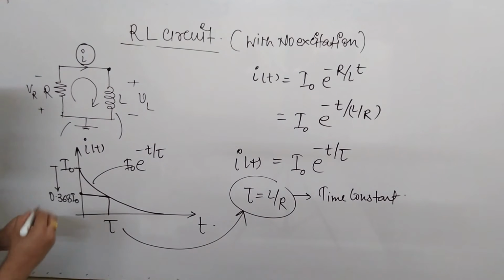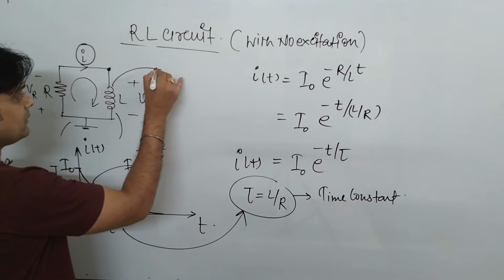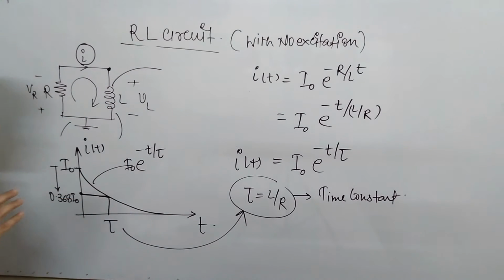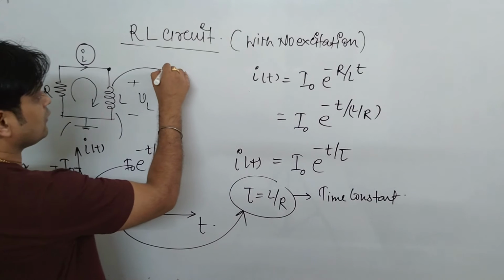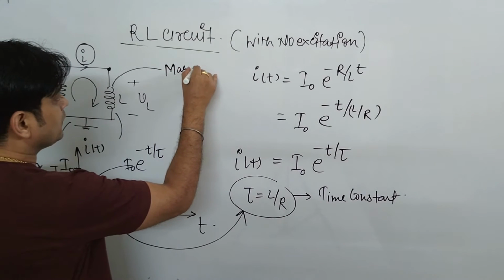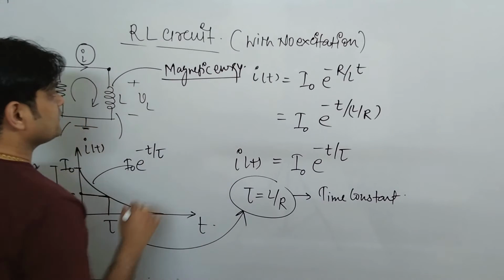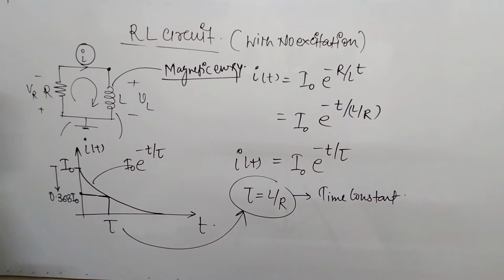So from here we understand that after some time, that is at t equal to 0, the discharging starts. As I told you in my earlier video, the concept of inductor basically consists of conversion of magnetic energy. In case of capacitor we have seen it is electrical energy, but in case of inductor it is magnetic energy. So the inductor stores energy in the form of magnetic energy, and during the switching of the circuit, as per the condition of the switch, the energy transformation will take place.